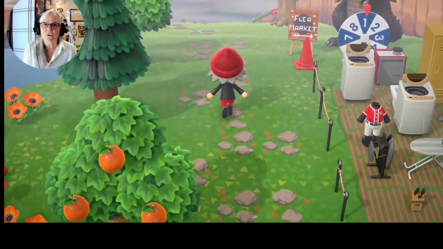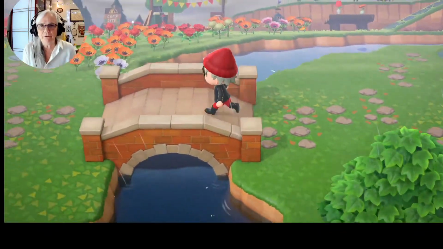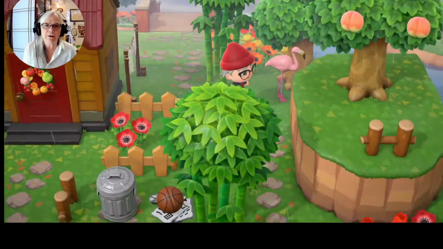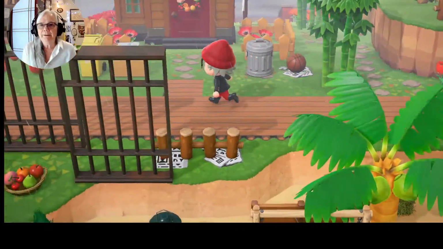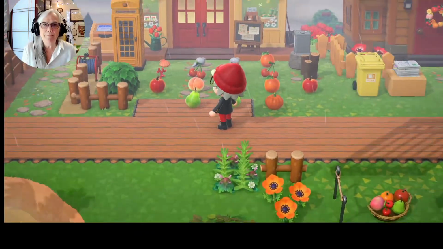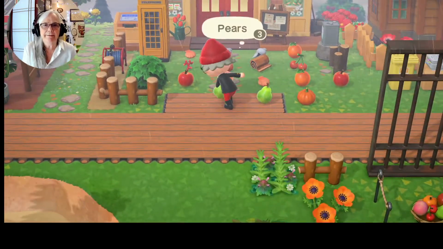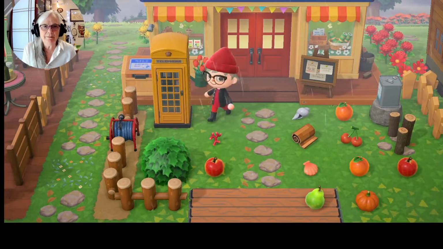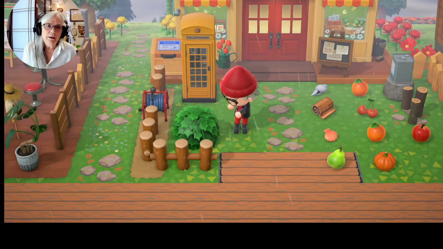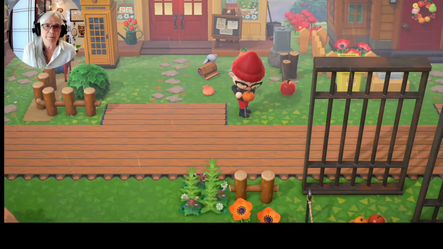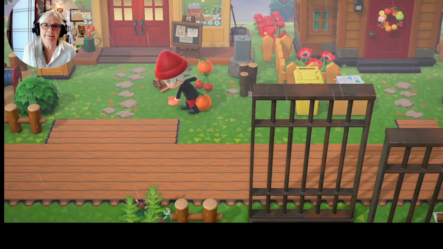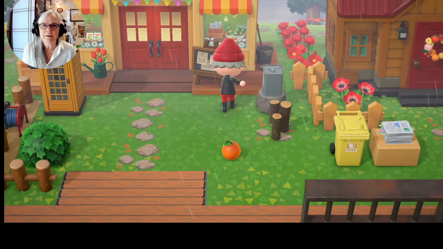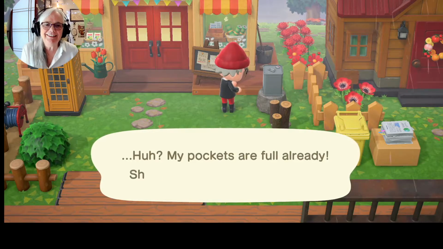Okay, so what are the first things we do when we wake up? The first thing we got to do is go to the store and see what they have for sale, because every day they have something different. And who made this big mess? I have to clean it up. What happened was, just before I went to bed last night, I had all this stuff and I tried to sell it, and guess what? Nook's Cranny was closed. I wonder if I'm going to... Oh, I knew I wasn't going to get it all in there.